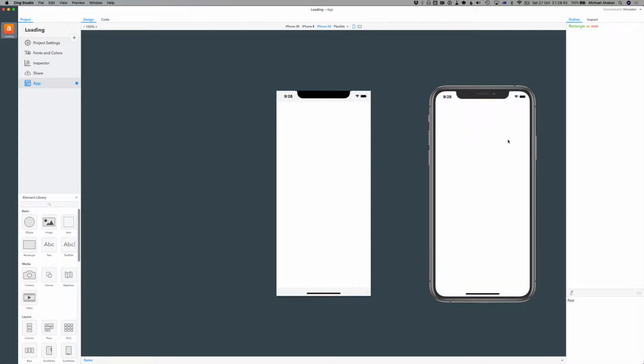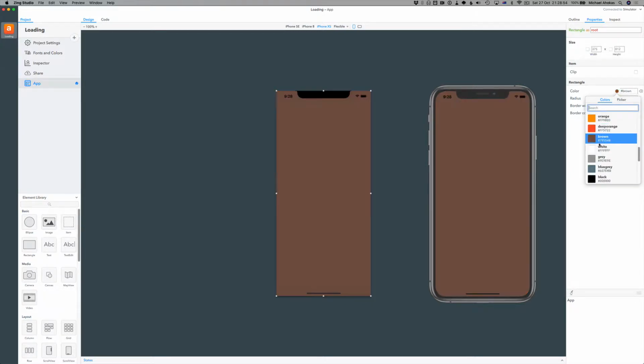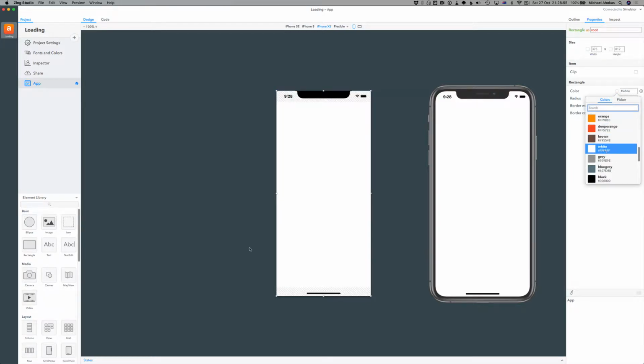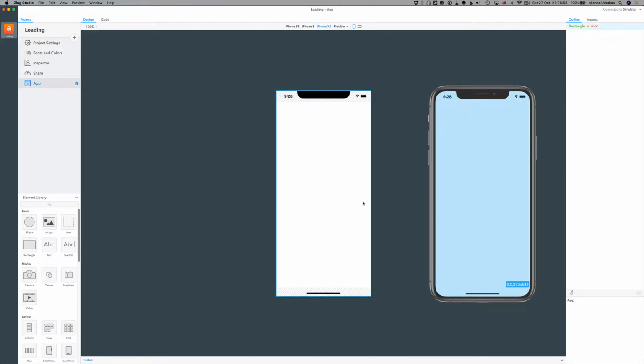And over here on the right, you can see a simulator. This is showing us real time what we're doing. So if we go in here, for instance, we might change the color of this, and in real time you can see that it's changing in the simulator. One of the great things about Zing is that as you design stuff, you're seeing a live representation of how it will look and behave in the simulator. And you can actually connect this through to your